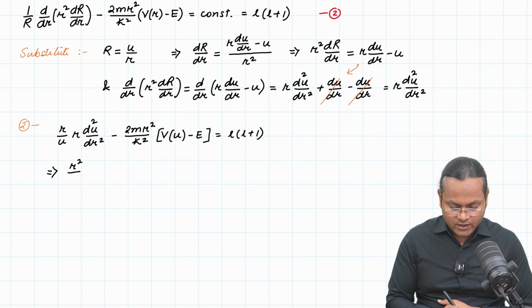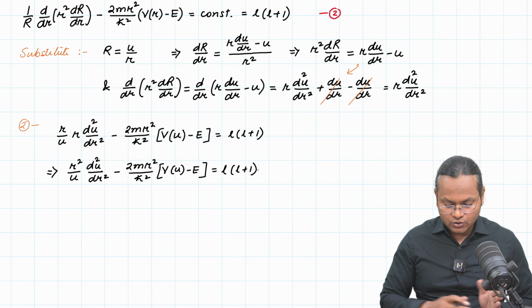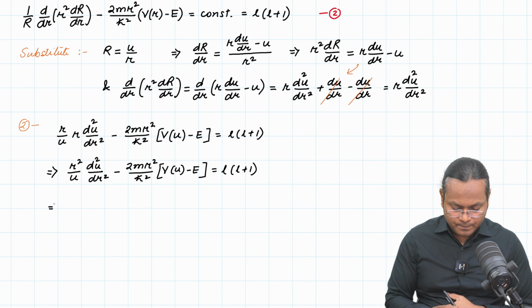This is r square upon u d2u upon dr2 minus 2m r square upon h cross square V of u minus E equals L plus 1. Let us take r square upon u to the right hand side, which will give us d2u upon dr2 minus 2m